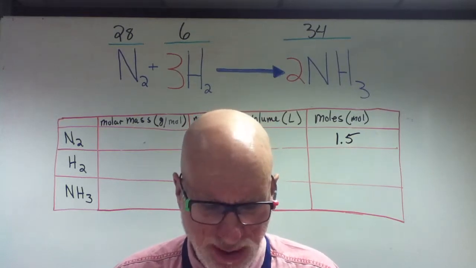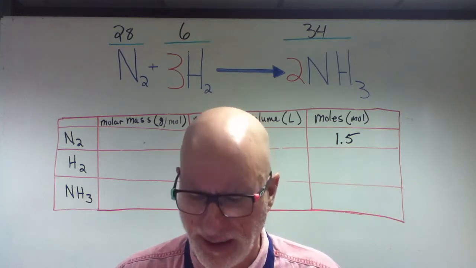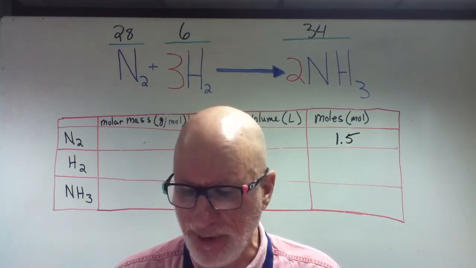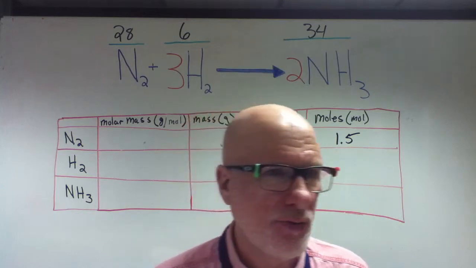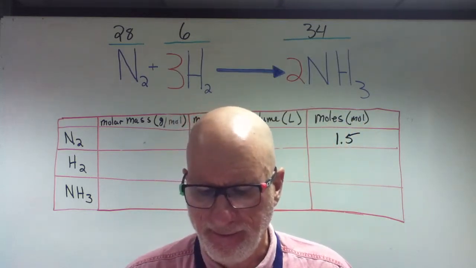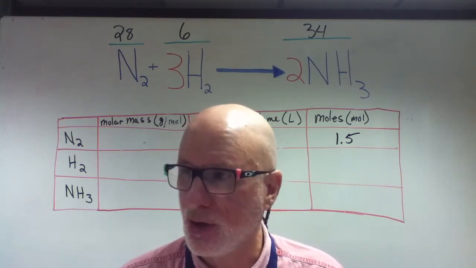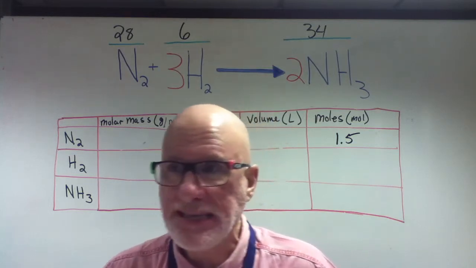For instance, what was the one I just read? Okay, it says aluminum reacts with sulfuric acid to produce aluminum sulfate and hydrogen gas. How many grams of aluminum sulfate would be formed if 750 grams of sulfuric acid reacted with aluminum? It's a word problem, correct? Yes. But let's say